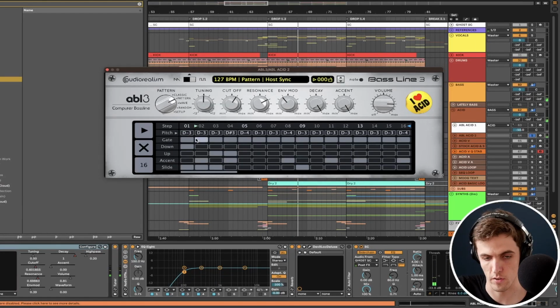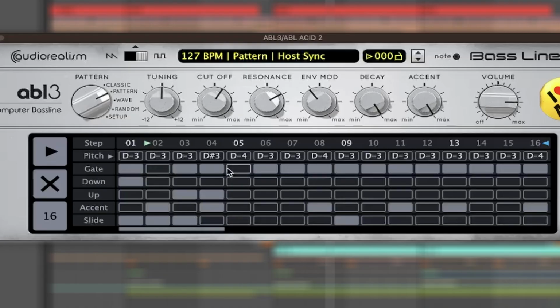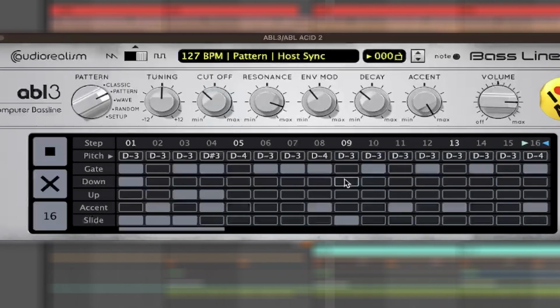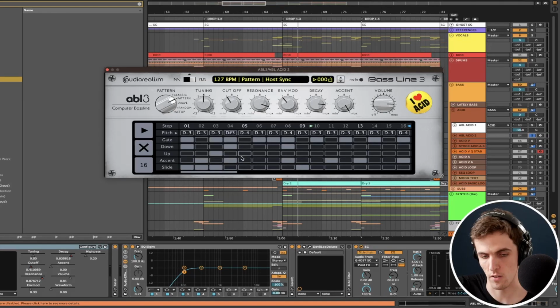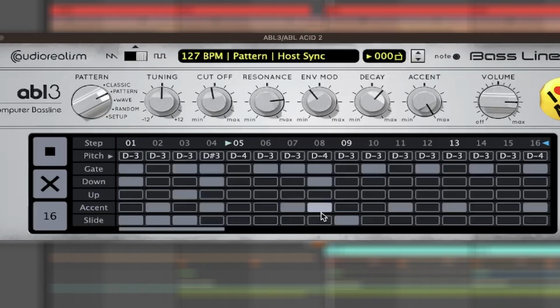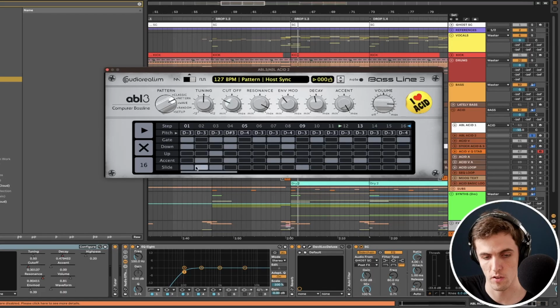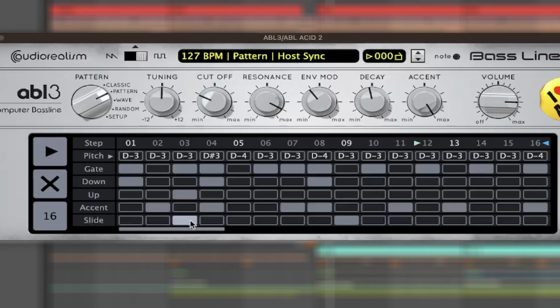The gate basically controls which notes play, so I could unselect a few of them, and there'll be more gaps between the notes. Basically, the more of these you have toggled on, the busier the pattern. Accent is going to accent the notes. And then slide is going to create this slide from one note to the other. If I turn it on, if I turn it off,